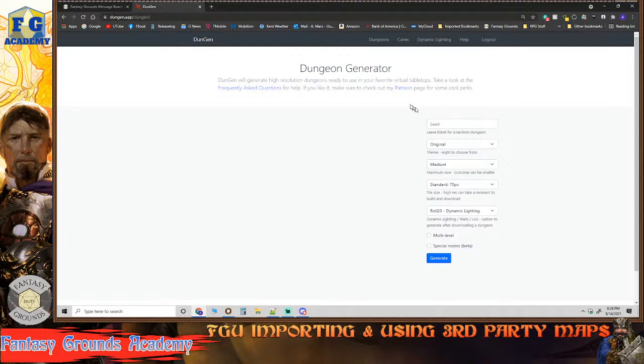But nonetheless, it's a really cool app, and it speeds up the process of generating a generic map. So this is dungen.app/dungen, with a GEN. I put that in the description, in the links at the end of the show, as well as the Patreon. So what we're going to do is create a map with this dungeon generator,